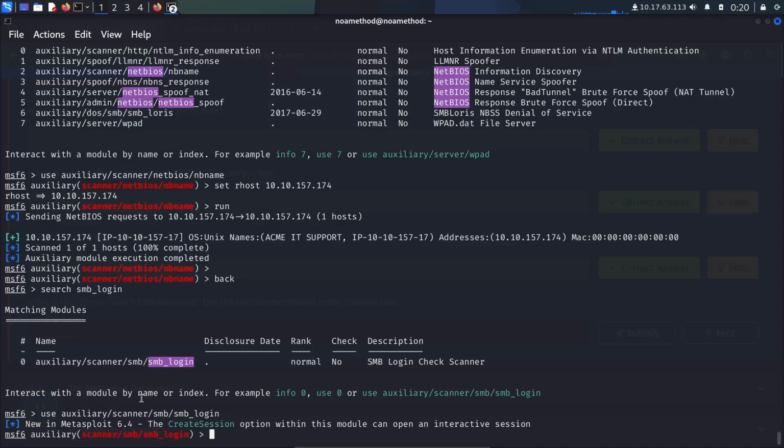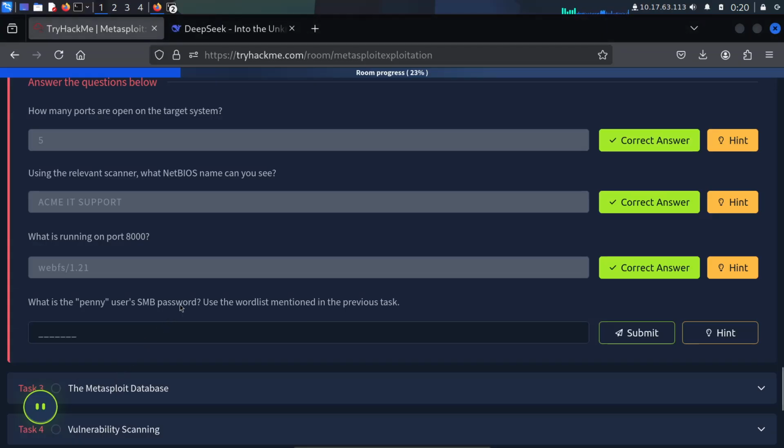Alright, and then we set our host, the IP target.